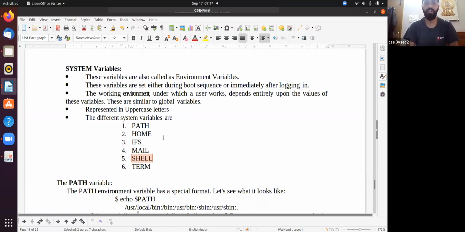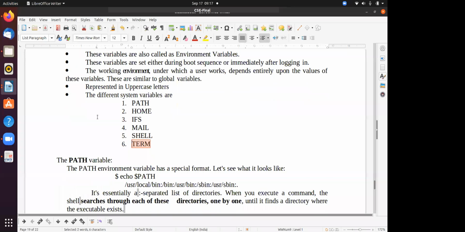SHELL represents what type of shell you are using, which we discussed in our previous class. TERM means the terminal associated with your Unix operating system. That's an overview. Now we can discuss it.